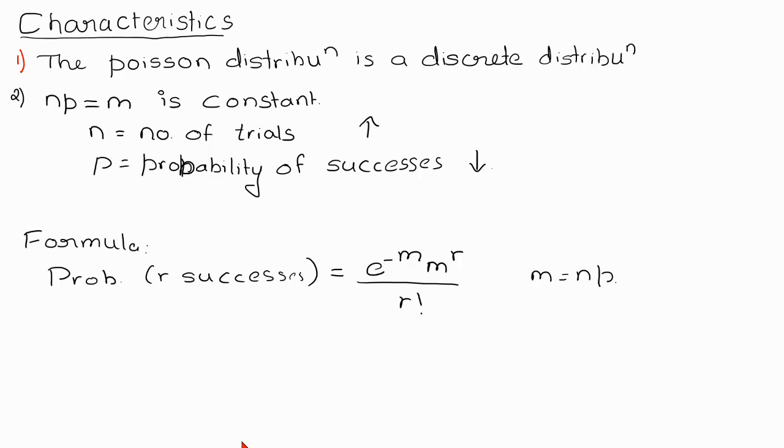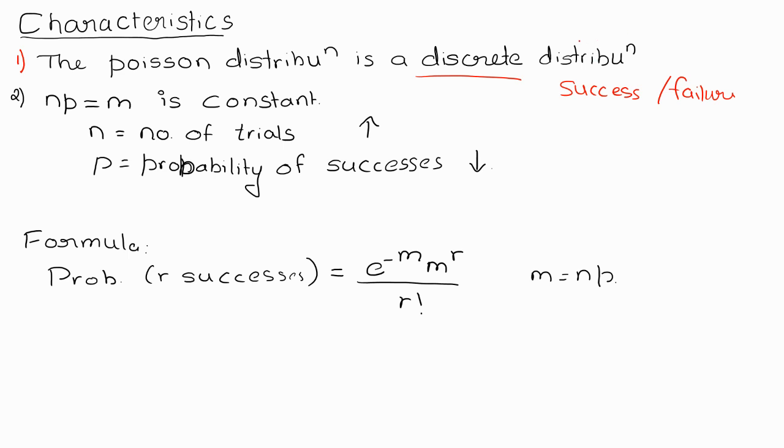Now, this is a characteristic which I had explained just now. The Poisson distribution is a discrete distribution. Why discrete? Because there are only two options, either success or failure, and there is nothing in between, similar to the binomial distribution. Such things are called discrete distributions. My binomial distribution was also a discrete kind of distribution; if you plot its graph, it won't be continuous.